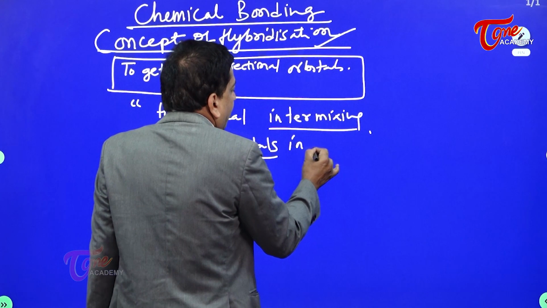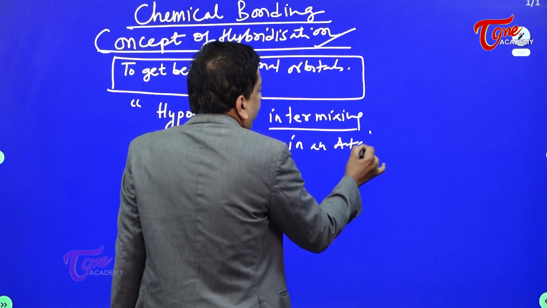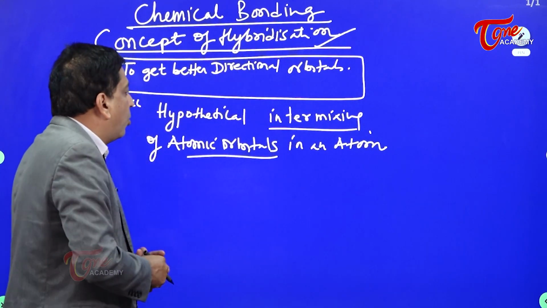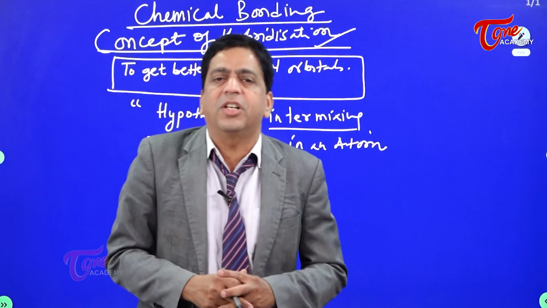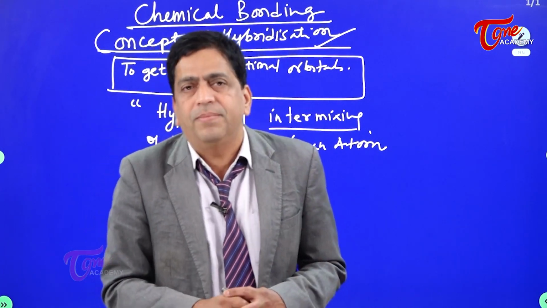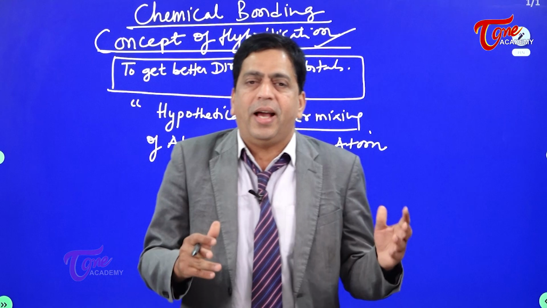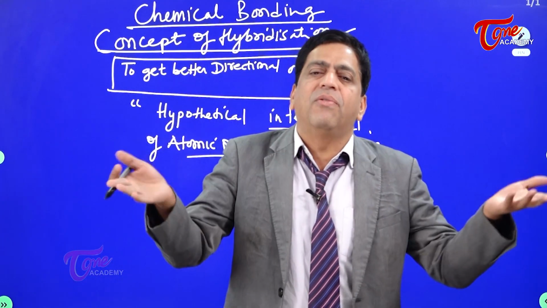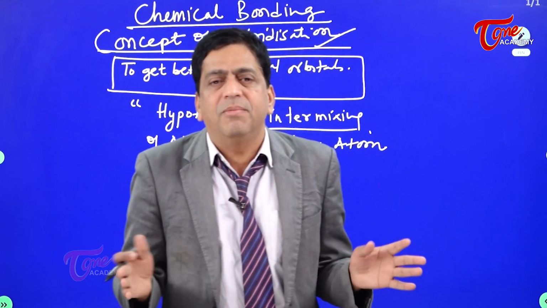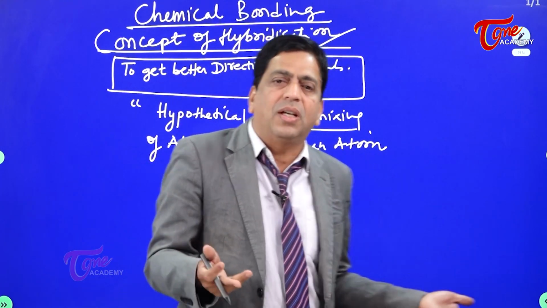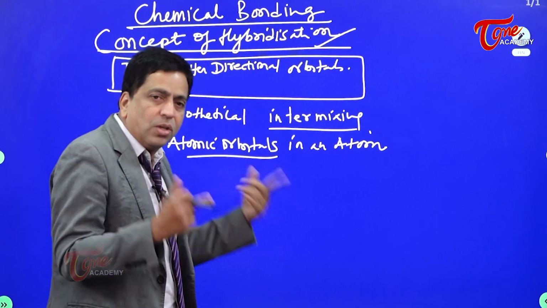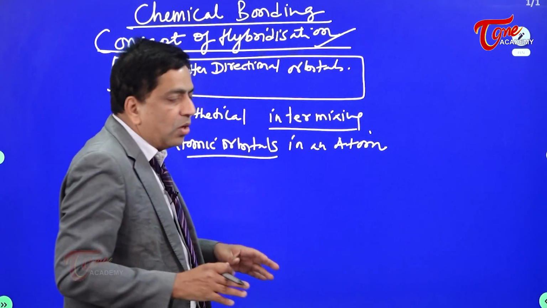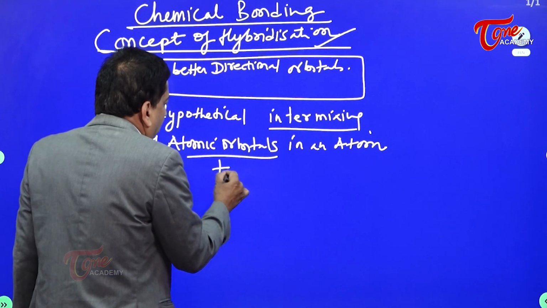Where, in an atom. So in an atom, before participating in bonding itself, everything is happening. Everything is happening before bonding. What is happening within the atom before bonding is basically hypothetical intermixing of atomic orbitals in an atom to generate